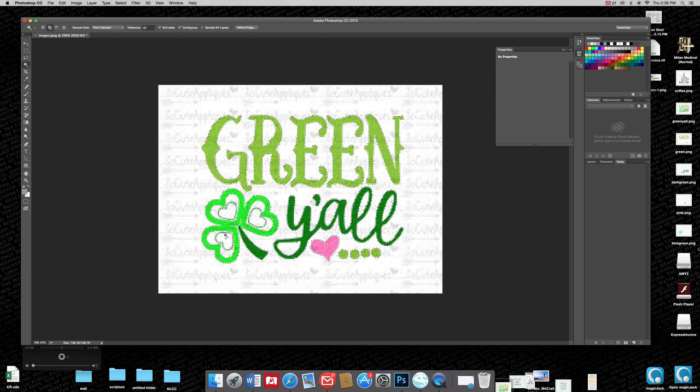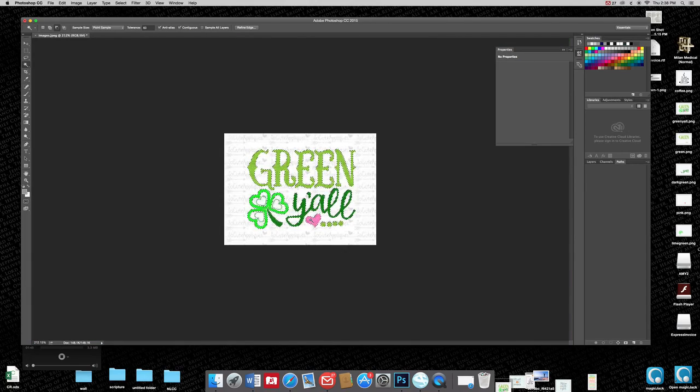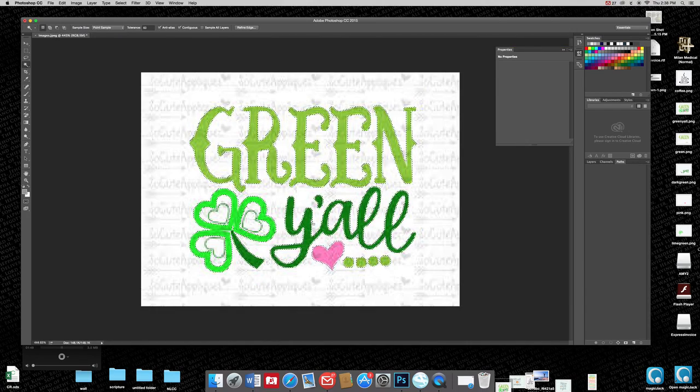Now these little circles, those little heart circles, those are not going to work. They're too grainy. And I'll zoom in so you can see. See how grainy those are? That isn't going to work. Okay, so now once you have everything selected that you want to keep,